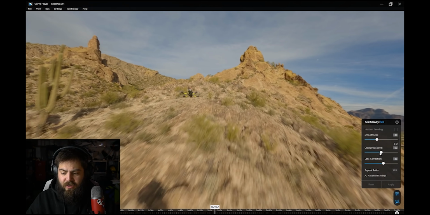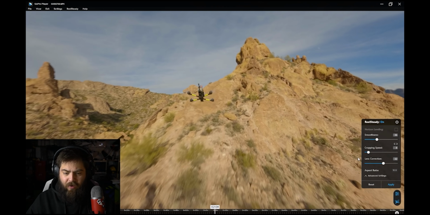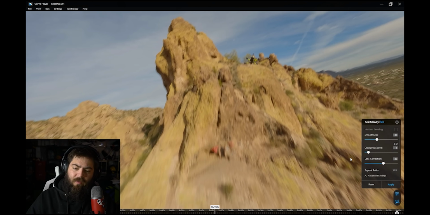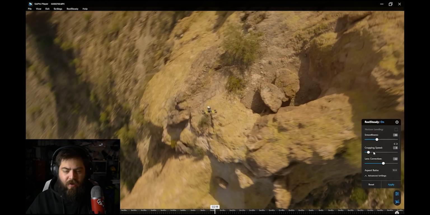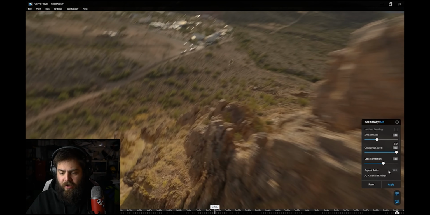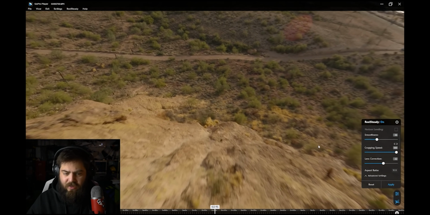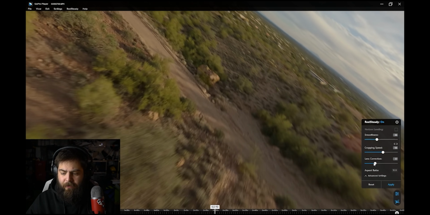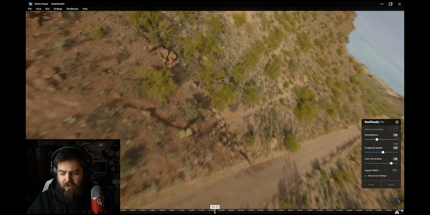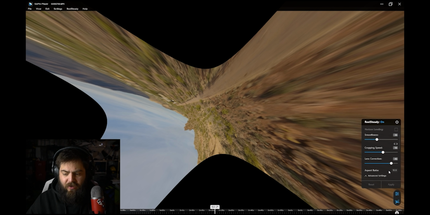You can change the speed at which things crop, so you can make it really slow, and it's going to do that breathing over a wider period of time. But you might miss parts of the shot a little bit more, or you can do it really fast, and it's going to snap back and forth, and it's going to keep up with the action, but it's going to look less smooth. And you can do less or more lens correction, so like we'll crank up the lens correction,